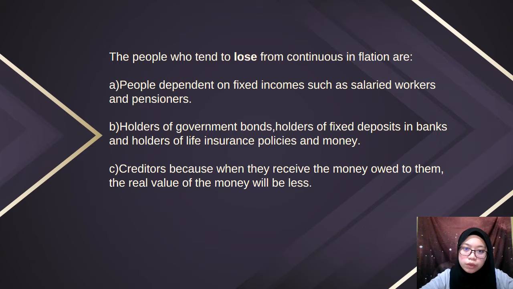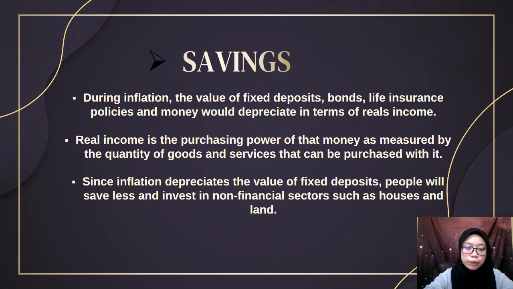The people who tend to lose from continuous inflation are people dependent on fixed income such as salary workers and pensioners, holders of government bonds, holders of fixed deposits in banks, and holders of life insurance policies and money. Creditors also lose because when they receive the money owed to them, the real value of the money will be less. Saving during inflation: the value of fixed deposits, bonds, life insurance policies, and money will depreciate in terms of real